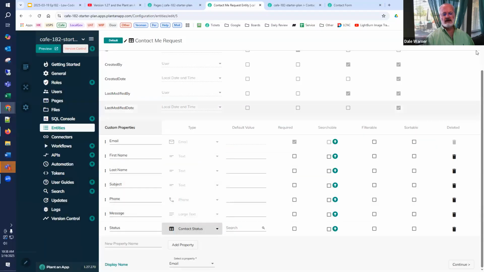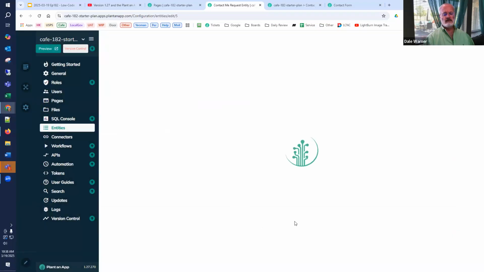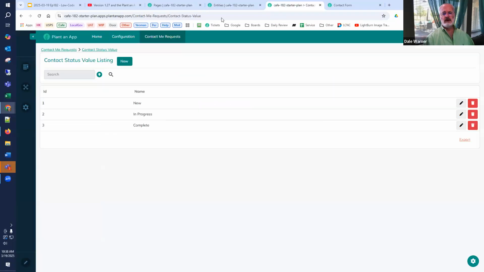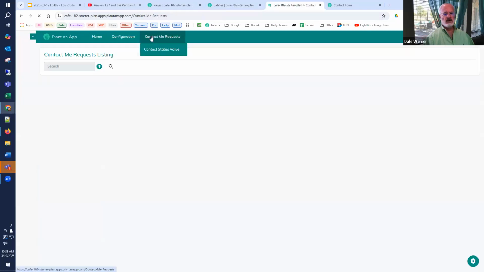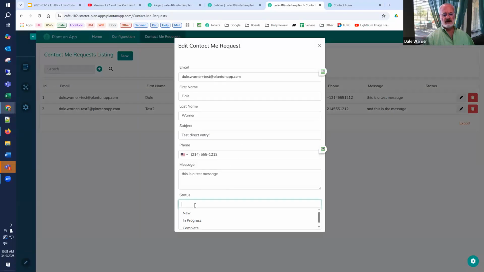This is going to automatically build a, when we're interactively using the form, let's take a look at it. If we look at our database, we now have a status column here, so it's automatically modified the listing for us. And if we edit an entry, status shows on the list, and we have this drop down new, in